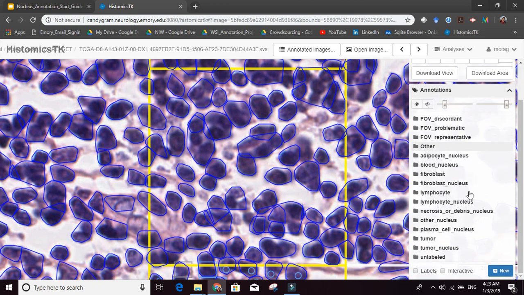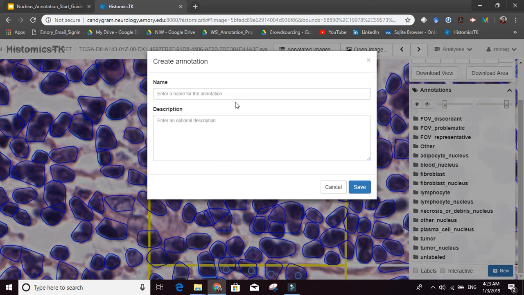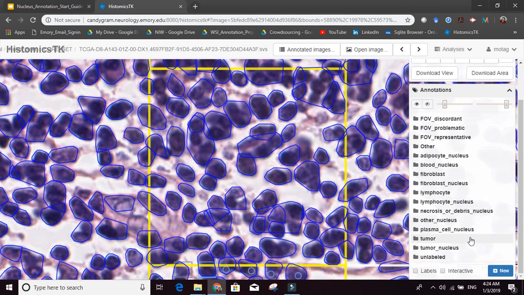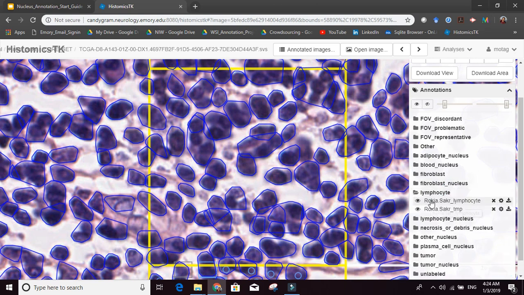So what you're going to do is create new, and then Rukaya underscore soccer lymphocyte. Actually, I already had this created, so I'm not going to create it new. I'm just going to find the one called Rukaya underscore soccer lymphocyte, which should be here. Oh, no, it's not going to be a folder. Yeah, look at that.